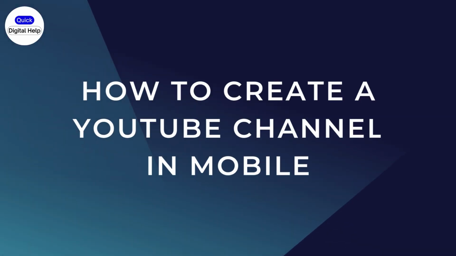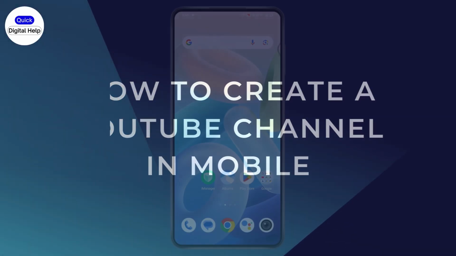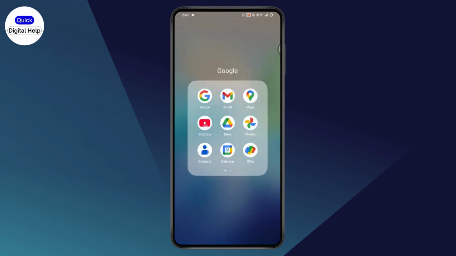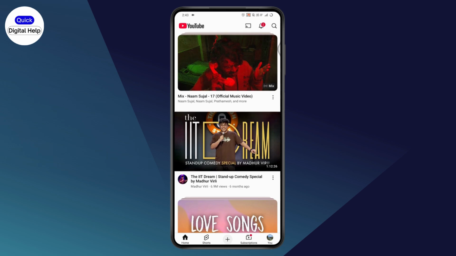How to create a YouTube channel in mobile. So if you want to create a YouTube channel in your mobile, then what you need to do is first you just need to simply open up your YouTube application. Once you open up your YouTube, you just need to simply go with the bottom right, which has that profile